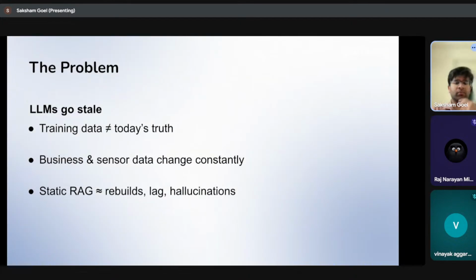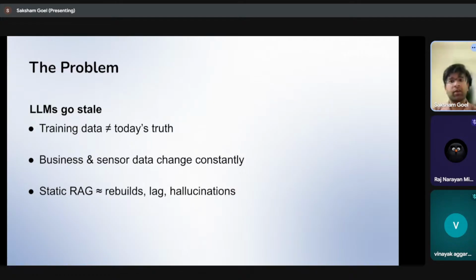So I'll quickly tell you that LLMs like GPT and Gemini are all very powerful, but their knowledge is frozen at their training time. A year back, GPT could not answer whatever was recent. Now GPT can use various tools like web search, but that still means it cannot be trained in real time. Whatever is happening today, it has to use those APIs only, and the live information is not embedded in the neural network weights.